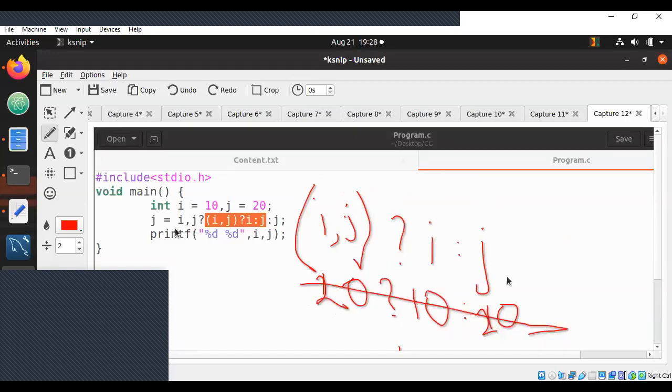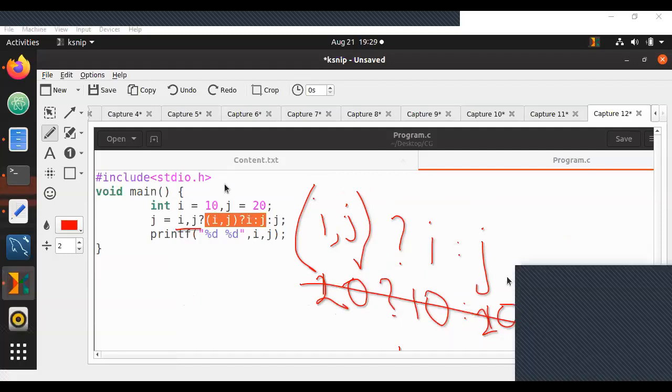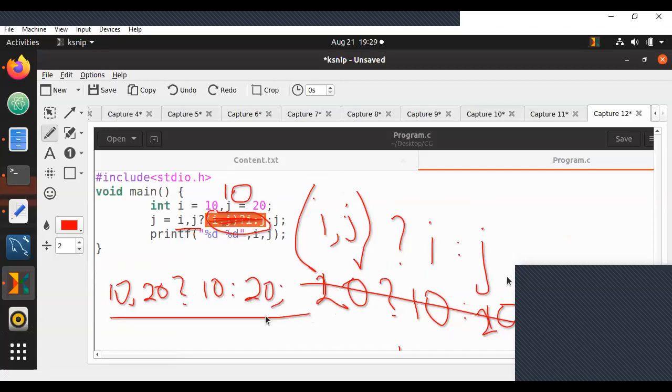Now, this whole part will become just 10. Before that you have i comma j. Let us replace the whole inner part with 10. If we replace this with 10, I have i comma j question mark 10 colon j. That is 10 comma 20 question mark 10 colon 20.